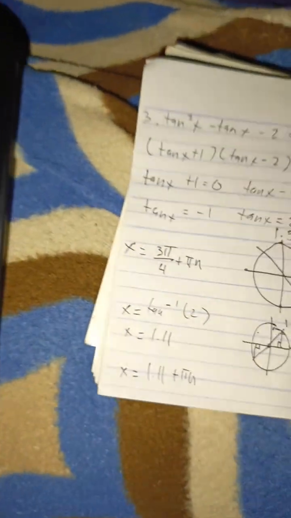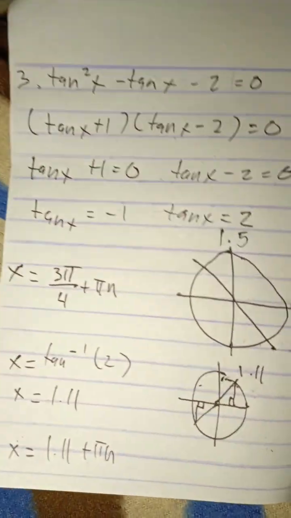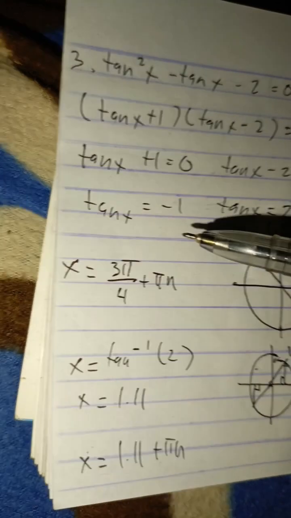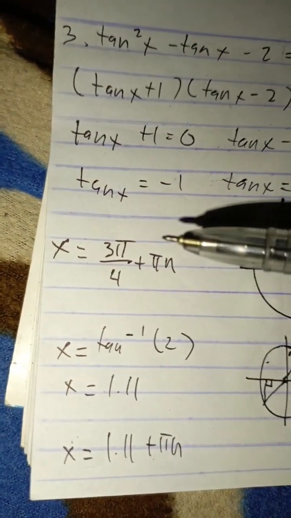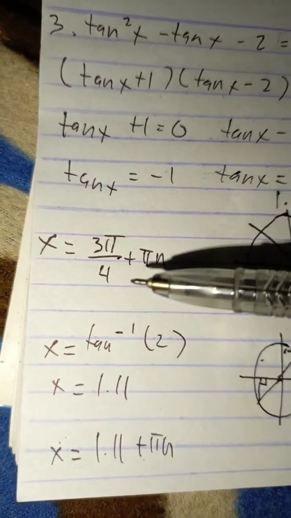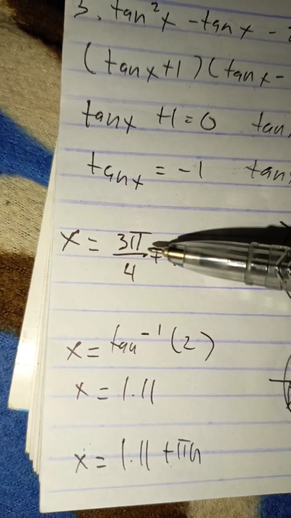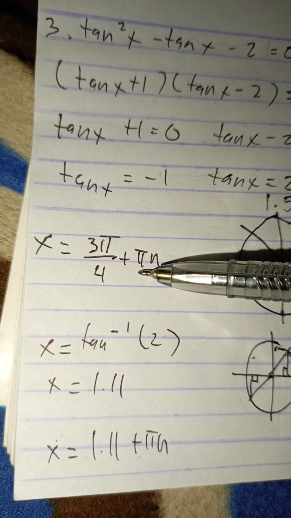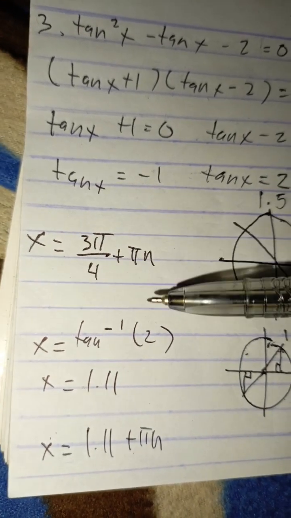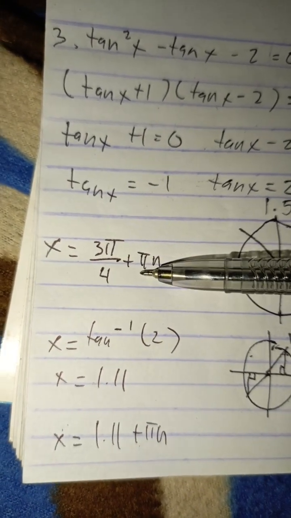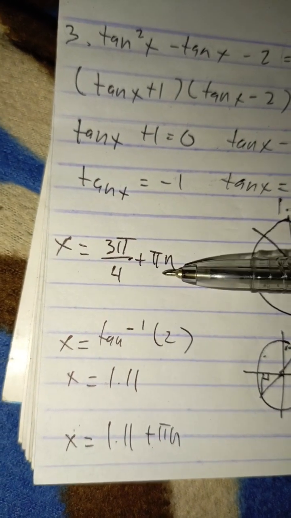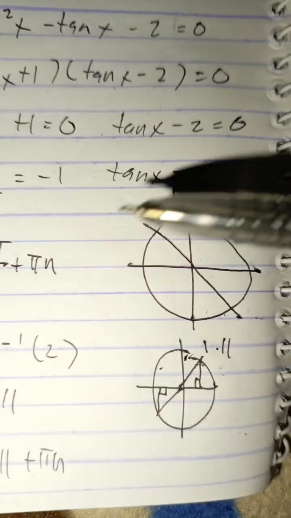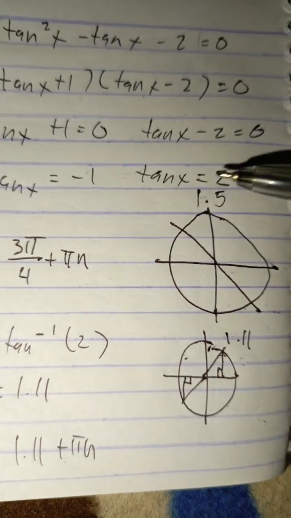So 180 degrees is equal to pi n. So we're just going to add pi n in our 0 to 2 pi interval, which is the 3 pi over 4. So for us to get the general equation, we're just going to add here 3 pi over 4 plus pi n, or multiples of pi. That's what it means.